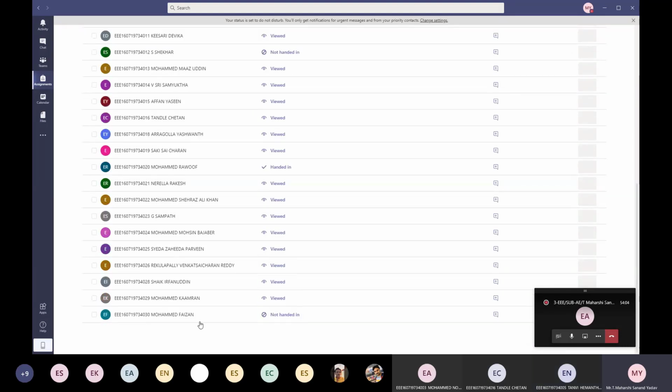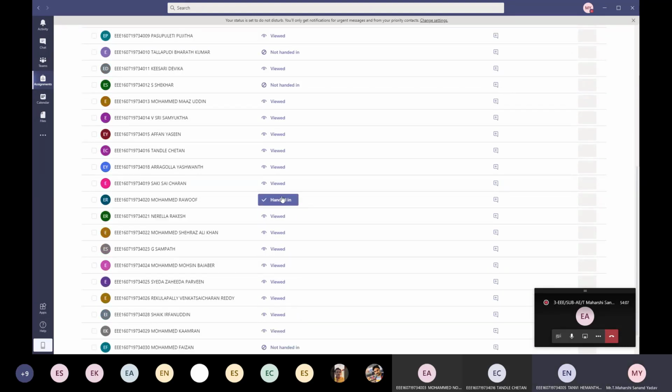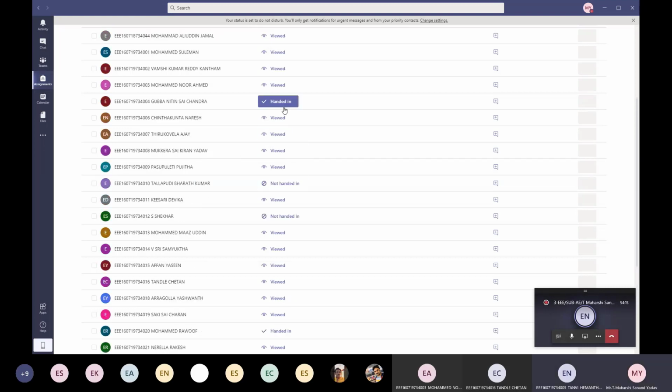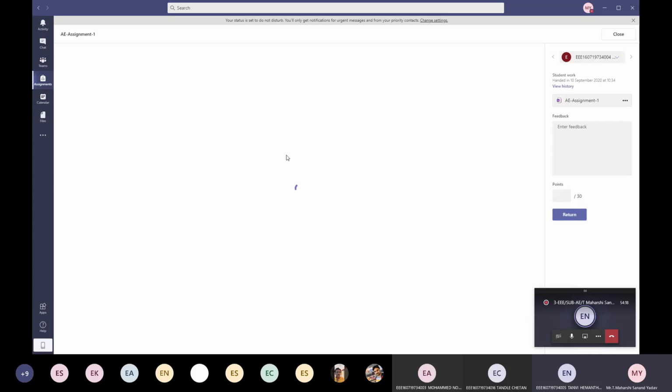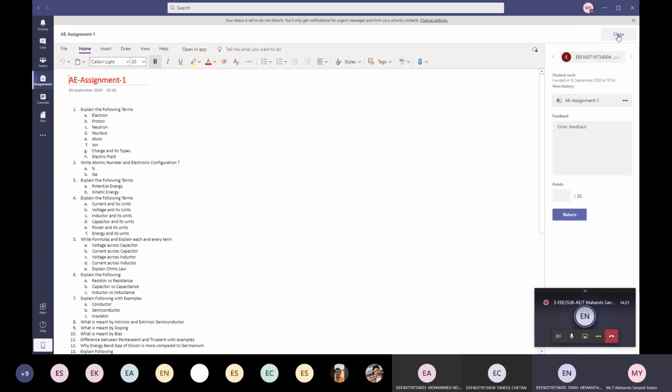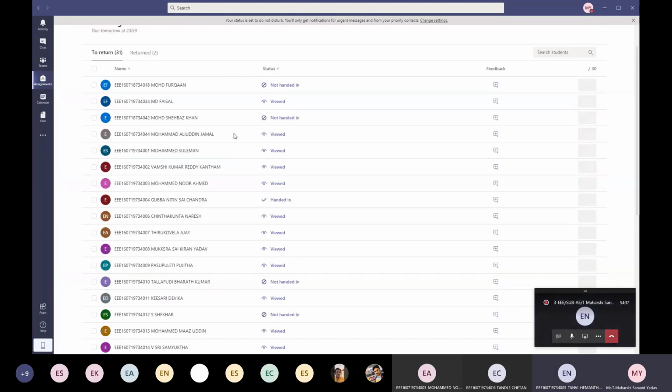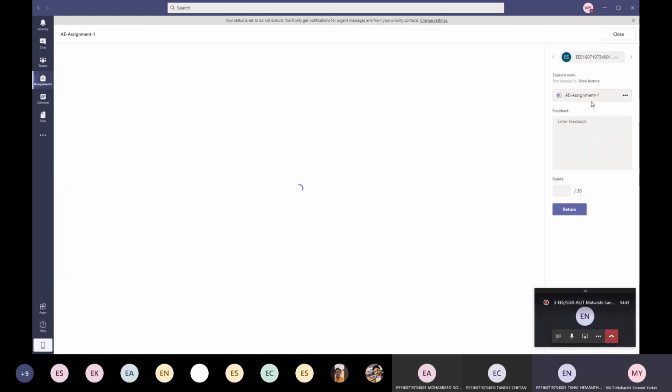If you have not submitted, roll number 30, roll number 12, 10. So I got one from Sai Chandra. Roll number 4. Yes, sir, I have not received, but it's showing as handed in. I'll try to check once again. Okay, so others. I think Suleiman has submitted. Once I'll check. No.